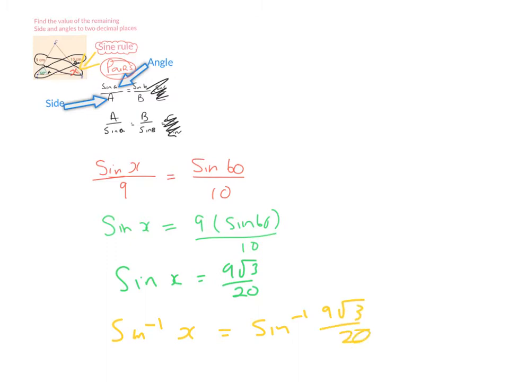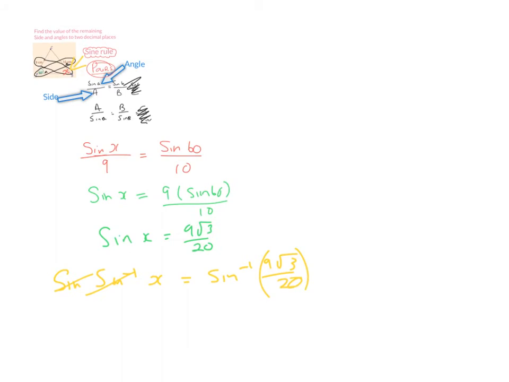Okay, so that should be sine to the -1 of sine of x. So they cancel, and I'm left with x is equal to sine to the -1 of 9 root 3 over 20. I suppose keep those in brackets. Type that into your calculator. You should be doing this with me just to make sure that you're getting the right answer. And I'm getting x is equal to